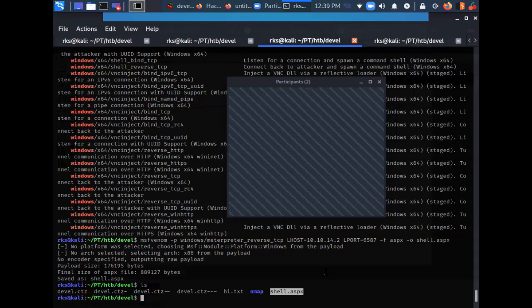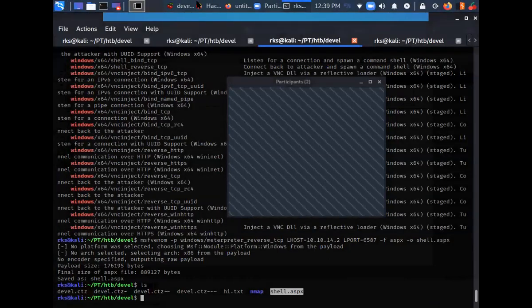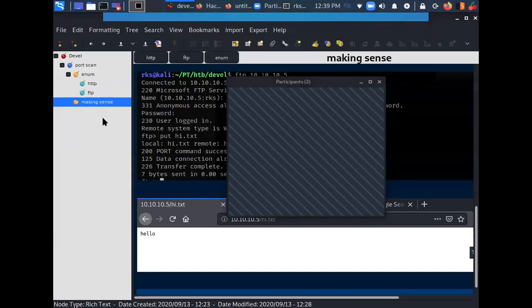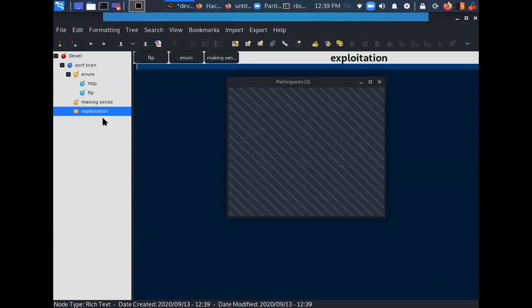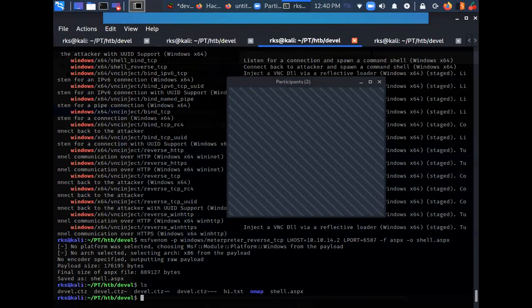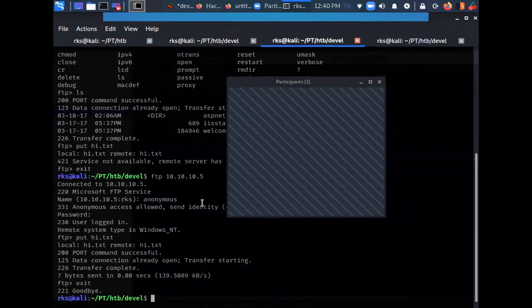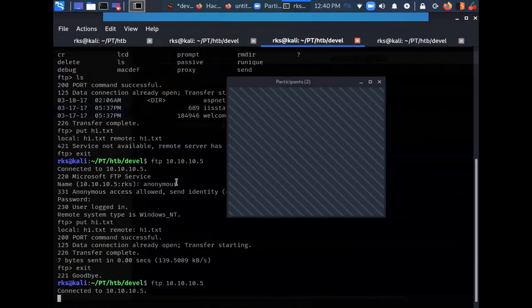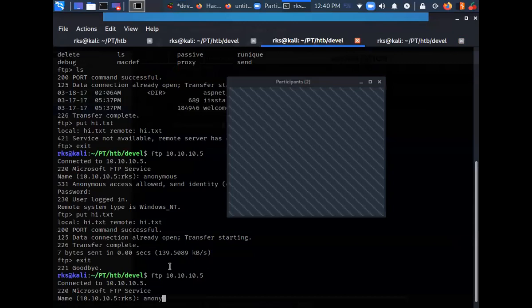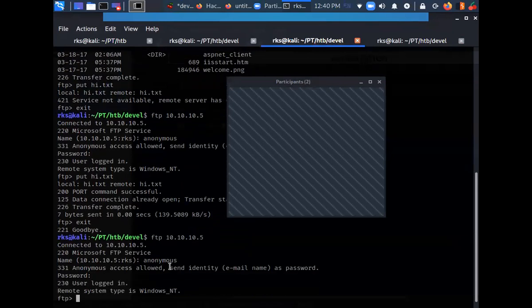Let's just take a screenshot of this thing as well. Exploitation. Here we have created the shell. Now let's upload this shell. FTP. Let's just put shell.aspx.